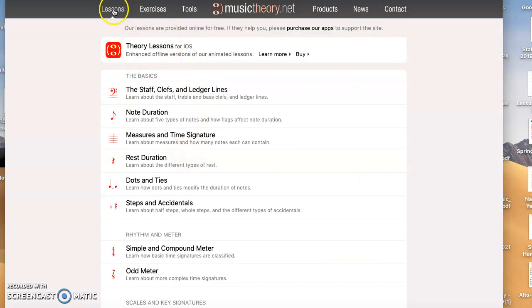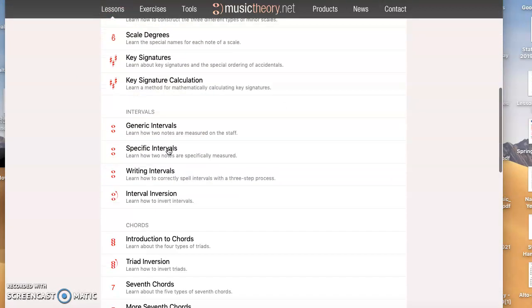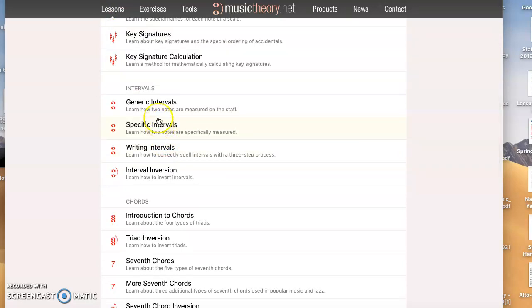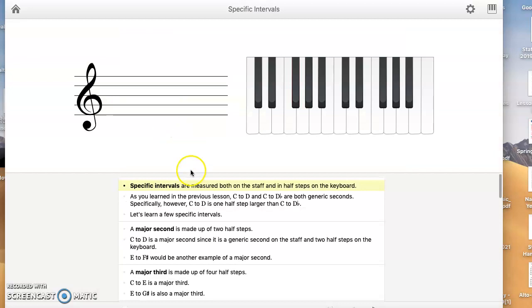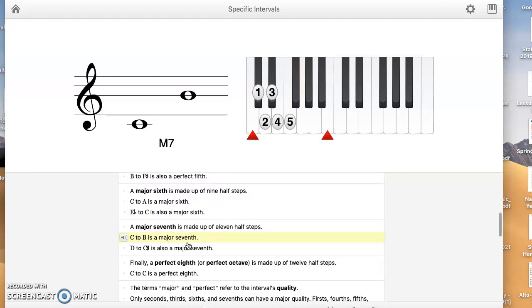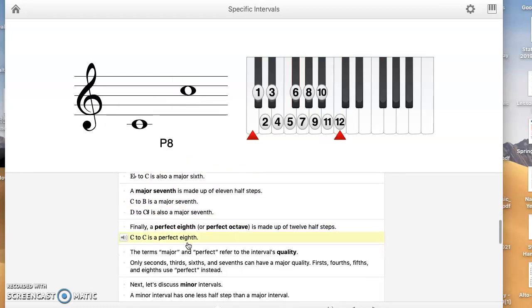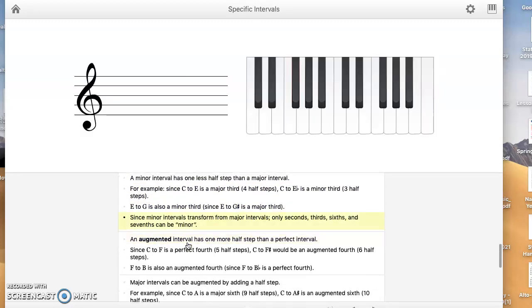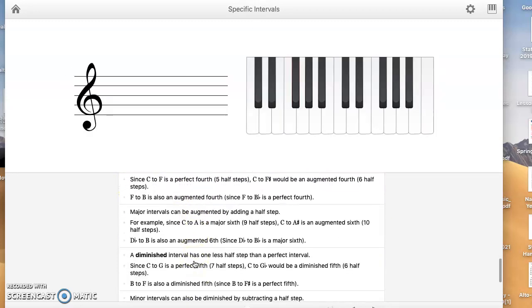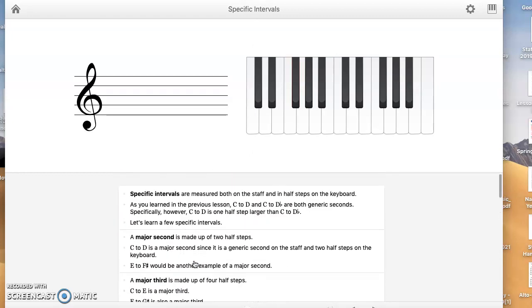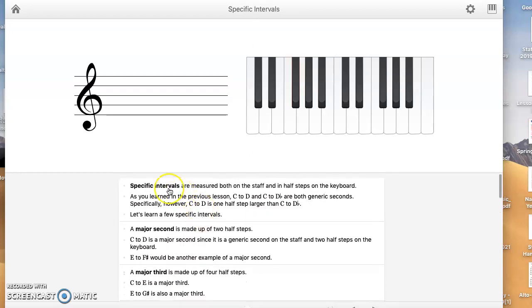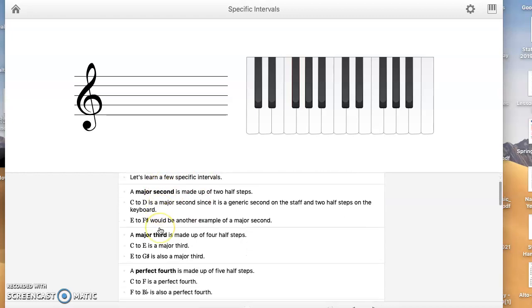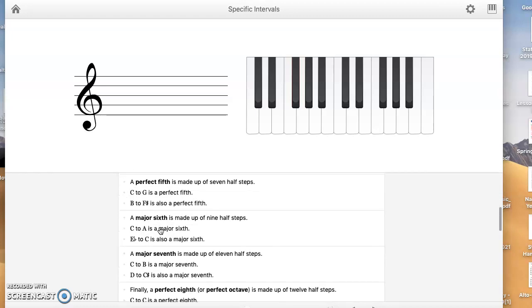Please feel free to go over this video or go back and look at musictheory.net. You would go to lessons, then down to specific intervals and generic intervals. Those two are going to give you the most help. Generic is pretty easy. Specific intervals, when you get down past minor, the augmented and diminished are more complicated, but we're just going to use major, minor, perfect, and octave